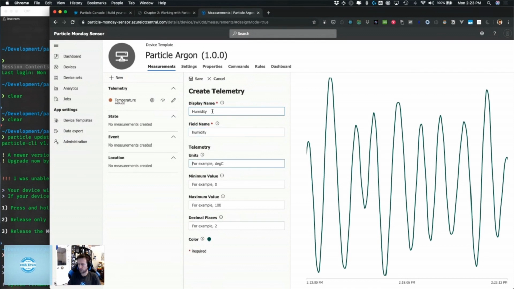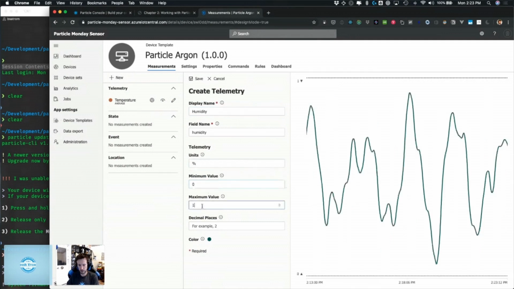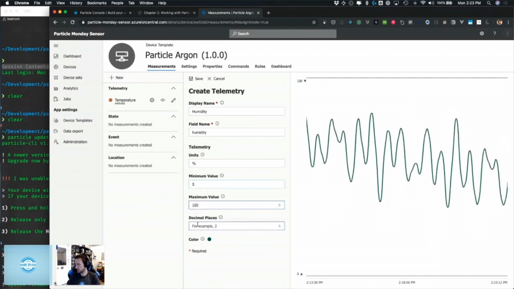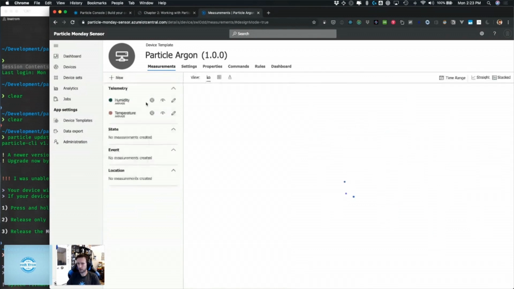Lowercase h for the field name. Units are percentage, minimum value 0, maximum 100. And no decimal places on that one. Click save. And you'll notice too, I forgot to mention this, but you can actually change the